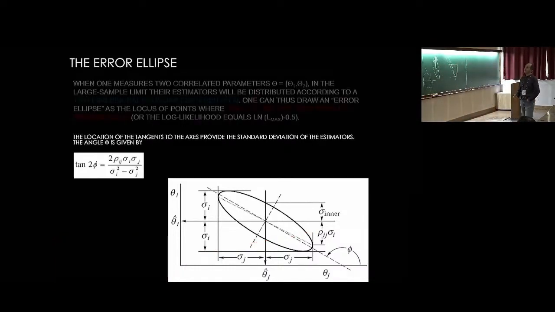And then you have another thing, the location of the tangent to the axis, these 2 points define this dotted line, and this dashed line. Maybe I misstated this, wait a second. Oh no, sorry, I was saying 2 different things. Okay, the location of the tangents define these standard deviations along the 2 axes, okay? Instead, then you have an angle phi, which is the axis of the ellipse, and this angle phi has this definition, which you can compute, and you can actually verify at home.